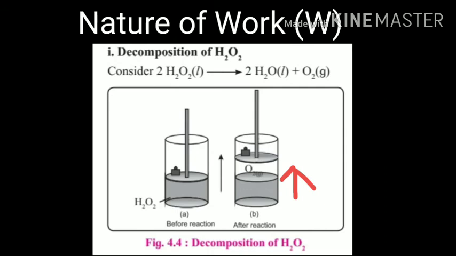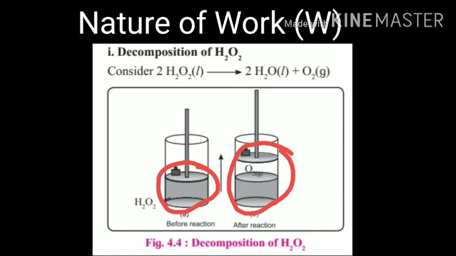A mass is kept on the piston. So when the gas is applying pressure on the piston, of course some energy will be lost by the system to the surrounding in lifting the piston along with the mass. I hope you all are aware which is the system and which is the surrounding. The gas or the liquid that is enclosed in the cylinder is the system, and everything apart from the system is the surrounding. So we can conclude that work is performed on the surrounding by the system, because the gas is pushing the piston in the upward direction.